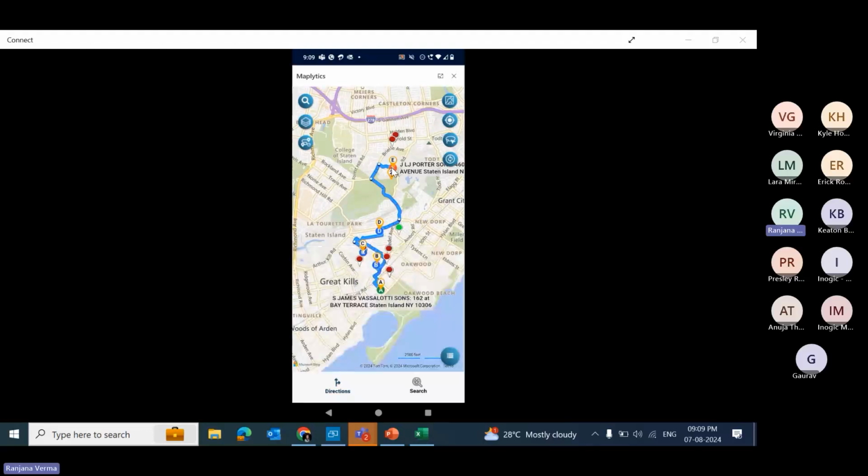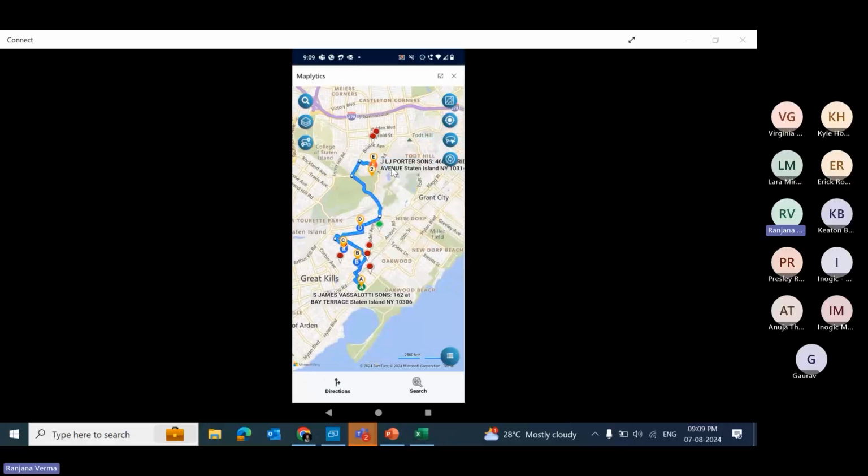Now, this was a very small feature of Maplytics on mobile, but there are many more features for mobile that I would like to show you, but in the interest of time, I'm just restricting it. So in case you want to know more about it, we can connect on a one-to-one basis and work around it. Now, another cool feature that I have is, let's say I have visited this particular account,